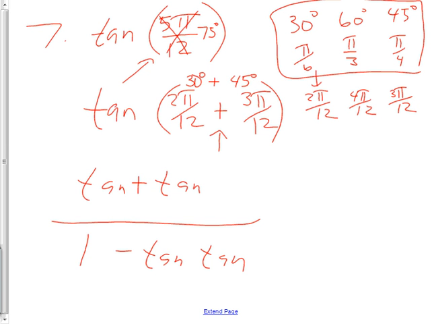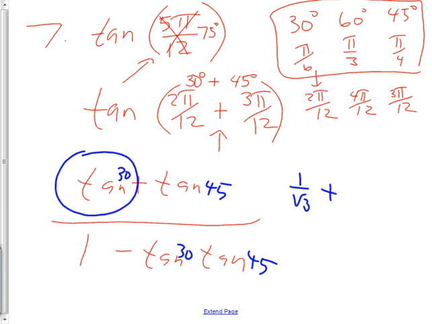Now I got to put in the right degrees. What are they? 30 and 45. So now I got to figure out tangent of 30. Wouldn't it be nice to have the triangle drawn somewhere? Yeah, you guys do on the top of your paper. So you can go, I can see it in my mind. Tangent is TOA, opposite over adjacent. The opposite side's 1, and the adjacent side is square root of 3, right? So this one's 1 over root 3